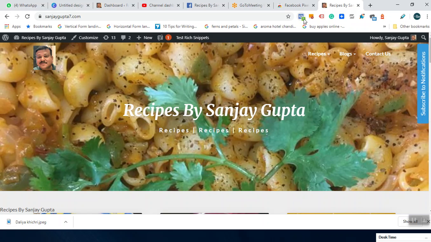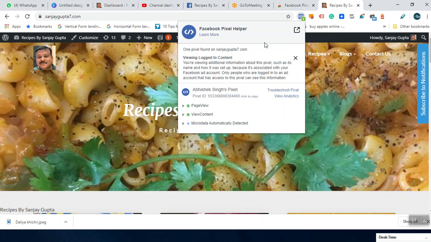So basically it is saying that 3 pixels have been fired, right? Now I'll click on this, and it is showing me that the pixel has been fired for page view and for view content. So this way you will get the result from this Facebook Pixel Helper Chrome extension, that okay, the green tick is showing that it has been correctly installed, and yes, it is receiving the data.